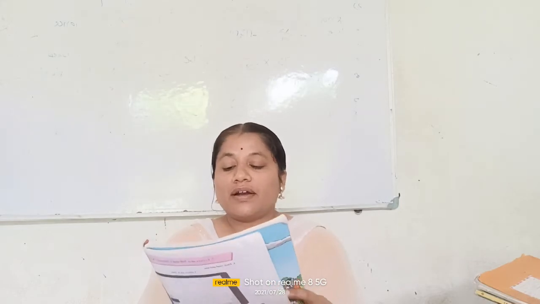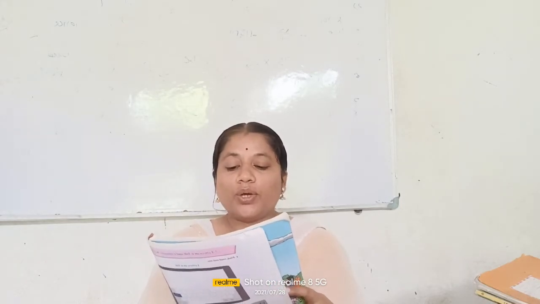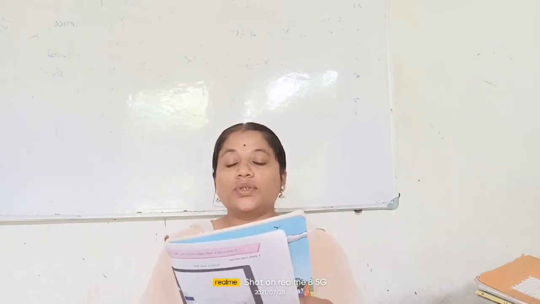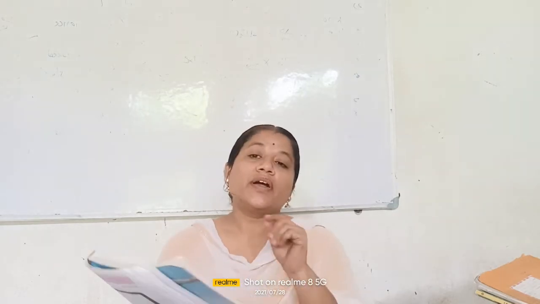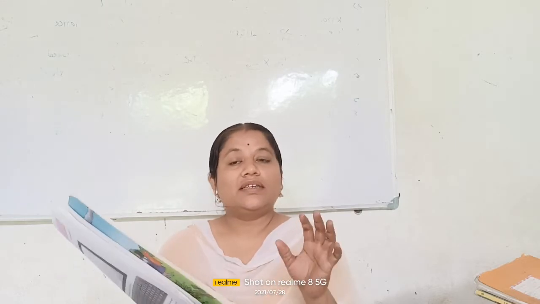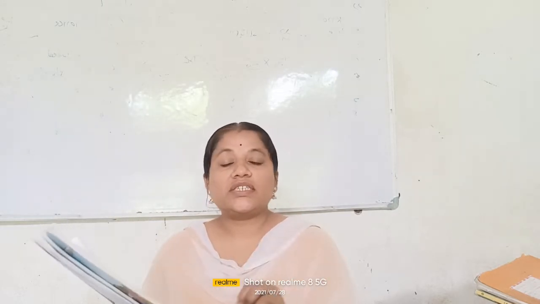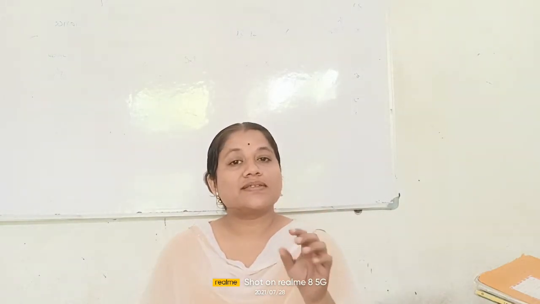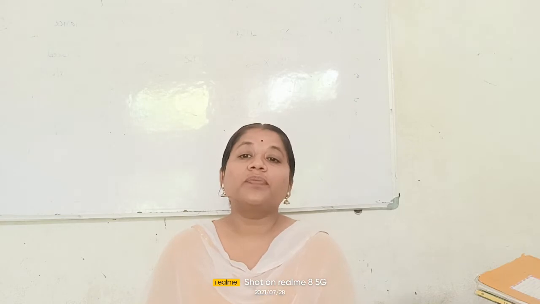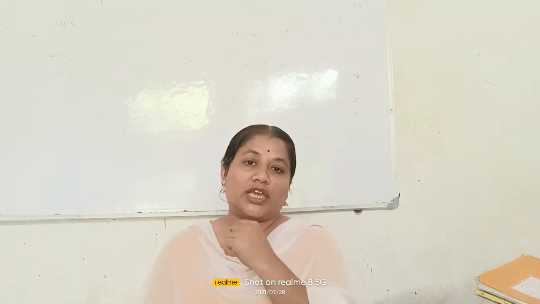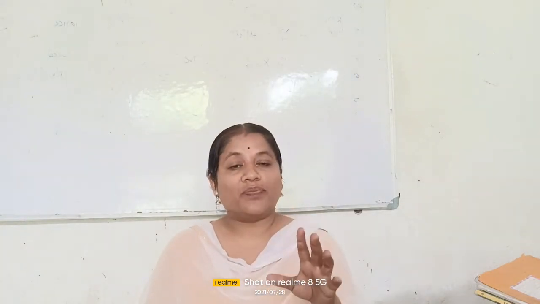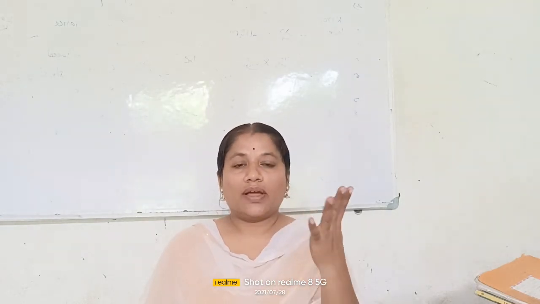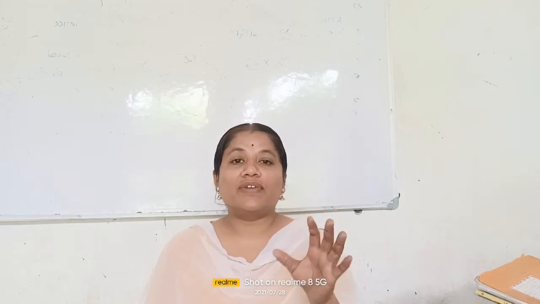Then next, write E, I, O and U in the proper boxes. So here what you have to do is write the correct vowel. We know that in English there are 5 vowels. Vowels are the letters that we can pronounce without touching our lips together. That is called a vowel. For example, A, E, I, O and U. These are the 5 vowels in English.